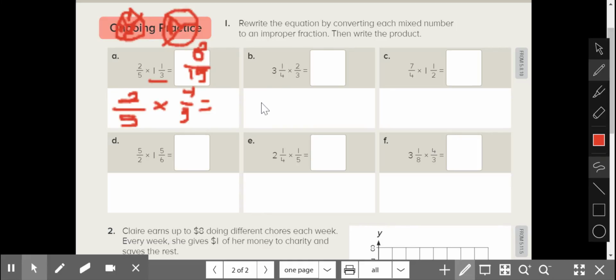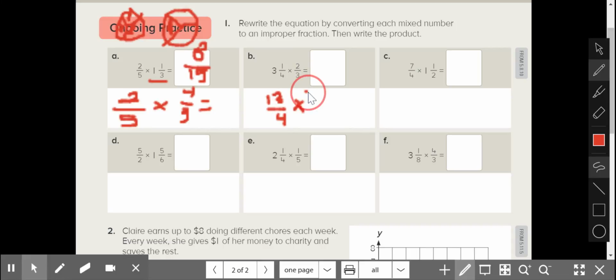All right, back to part B. We're going to change this one into an improper fraction. This one already is a common fraction. It's fine. So we take the whole number, 3, times the denominator, 4. 3 times 4 is 12. Then we add the leftover numerator. So we have 3 times 4 is 12, plus 1 is 13. So we have 13/4